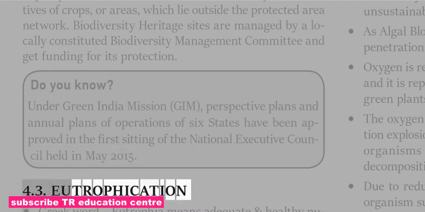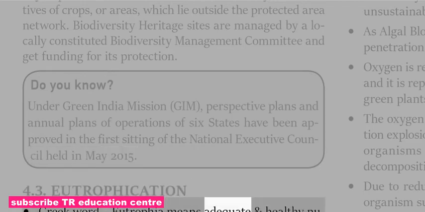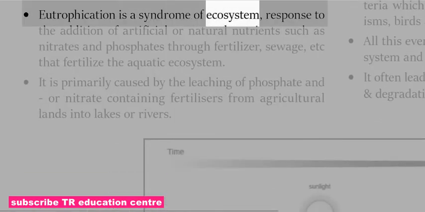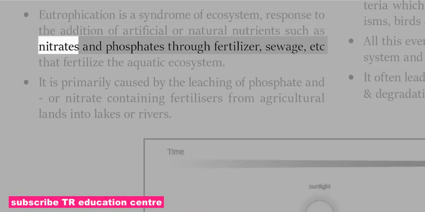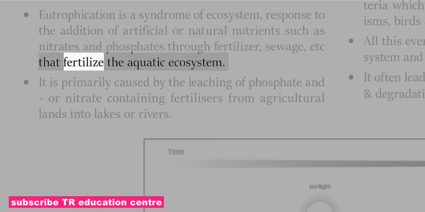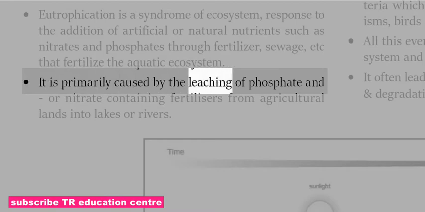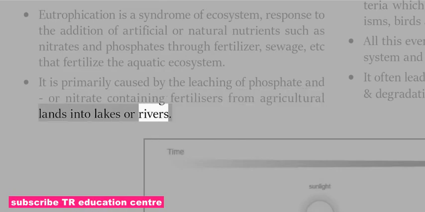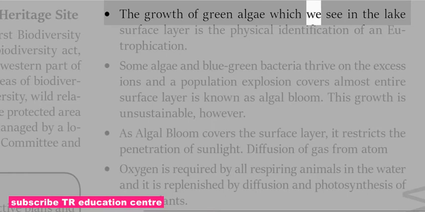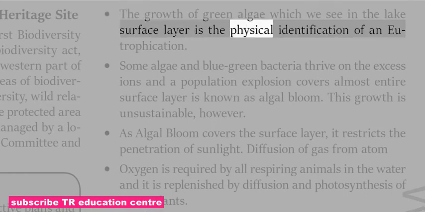4.3 Eutrophication. The Greek word eutrophia means adequate and healthy nutrition. Eutrophication is a syndrome of the ecosystem that responds to the addition of artificial or natural nutrients, such as nitrates and phosphates, through fertilizer, sewage, etc. that fertilize the aquatic ecosystem. It is primarily caused by the leaching of phosphate and/or nitrate-containing fertilizers from agricultural lands into lakes or rivers. The growth of green algae which we see on the lake surface layer is the physical identification of